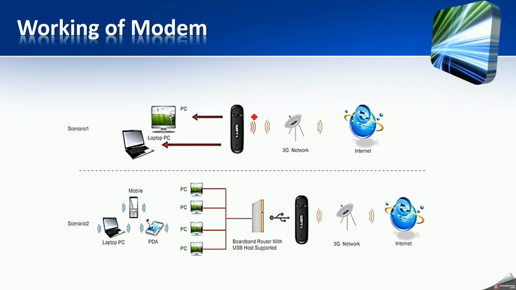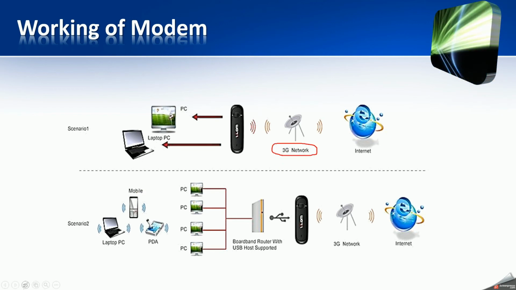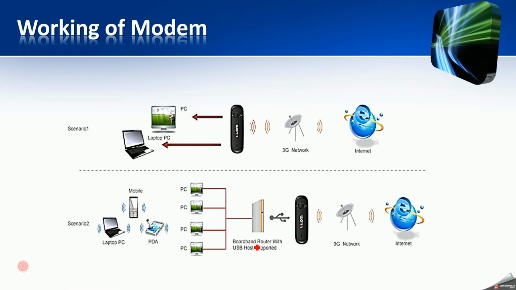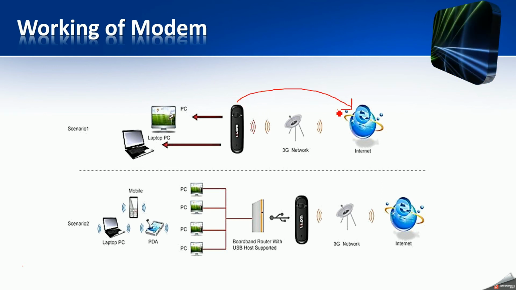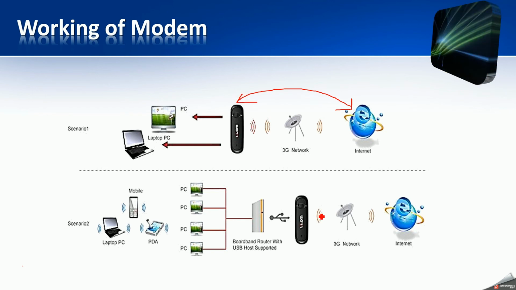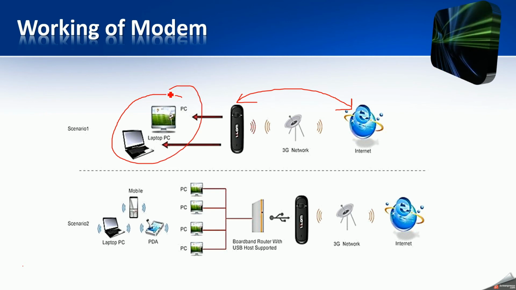If you live in a rural area, then it would be 3G network mostly, and if you live in densely populated urban areas, then you can access the 4G internet, and with the help of that you can get connected to the internet,